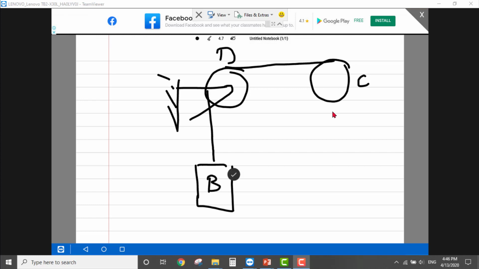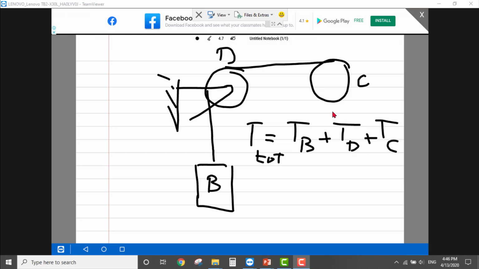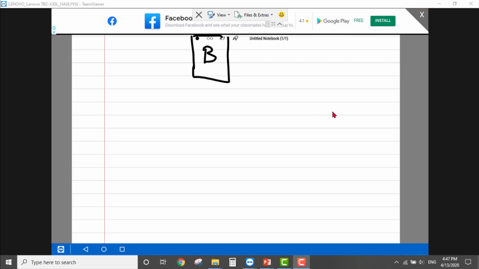Okay. Now we need to find T total. T total for this system, total kinetic energy, equal to the kinetic energy from block B plus kinetic energy from disc D and kinetic energy from cylinder C. Okay, so we'll go to them one by one and find its kinetic energy. So let's start with